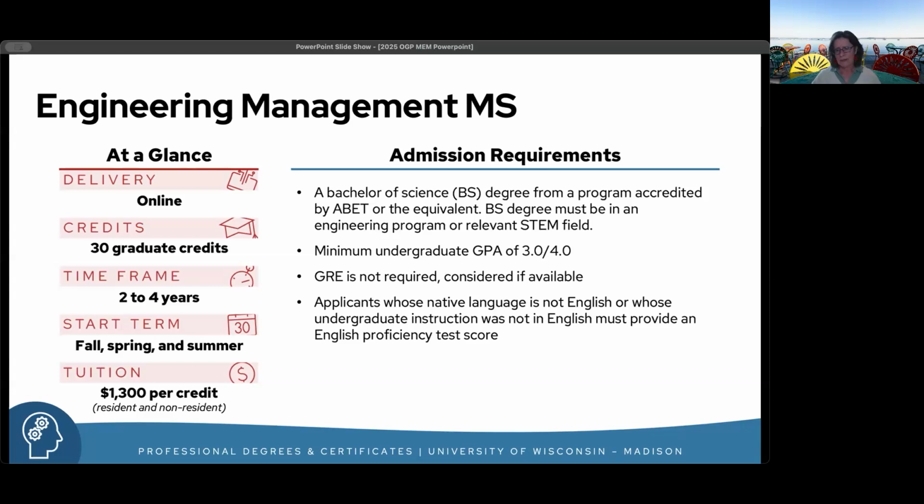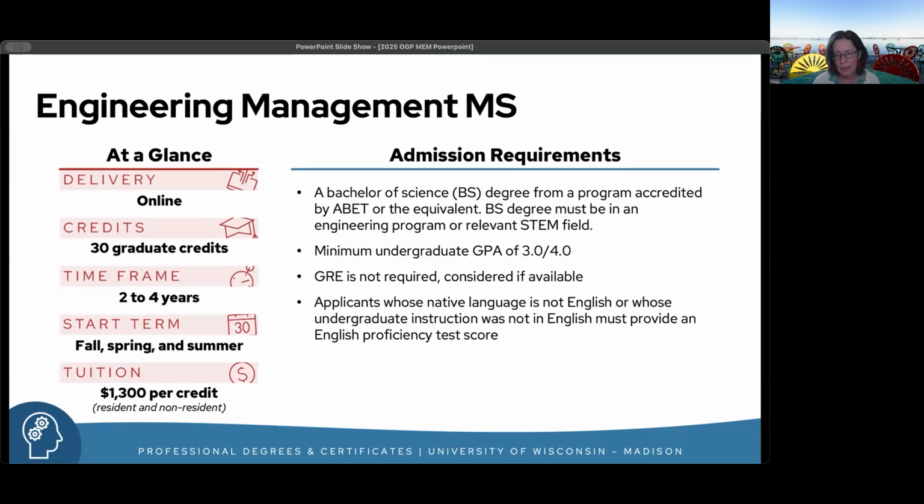We are looking for a Bachelor of Science in Engineering. We're looking for a minimum GPA of a 3.0 to get in. If you're a little bit under that, though, please still apply because we do make exceptions and we look at other parts of your experience to validate that you'll be successful in the program. A GRE is not really required here, but this could be something that's useful if, let's say that you had an undergraduate GPA of 2.75 and you still wanted to apply. A GRE could be a way of showing that you're ready to jump in.